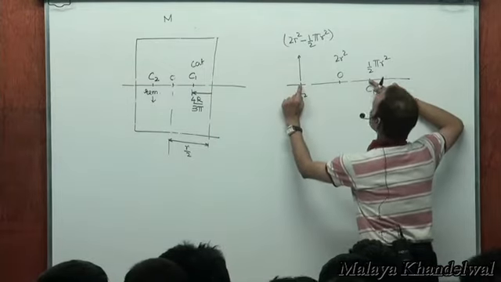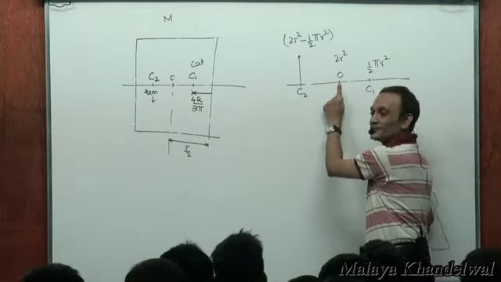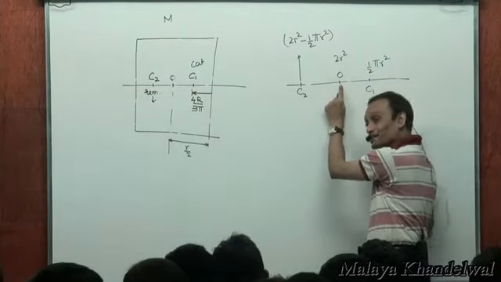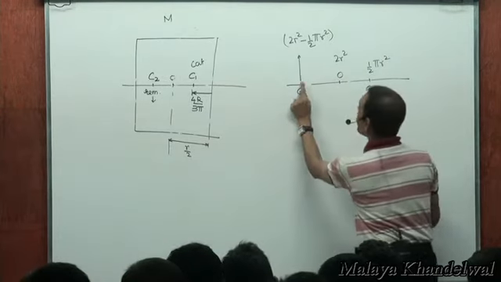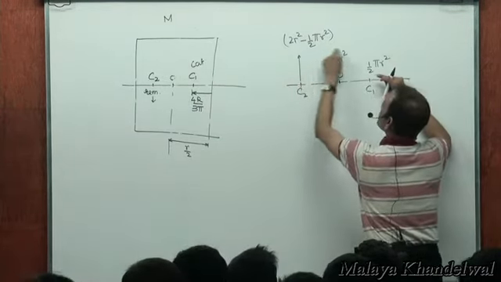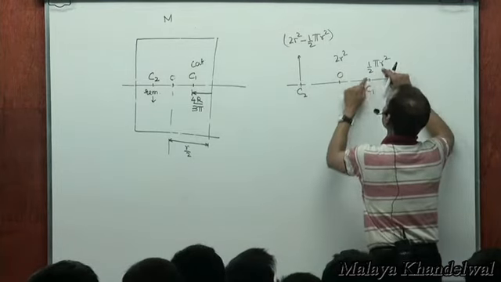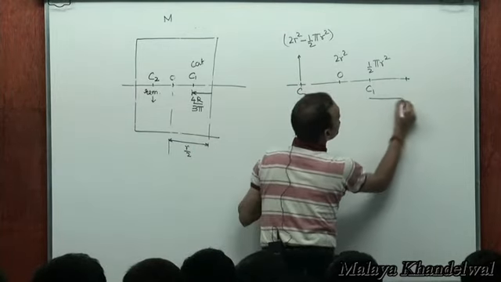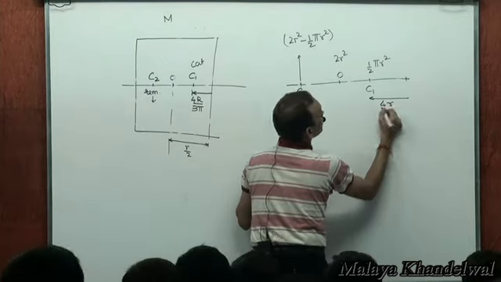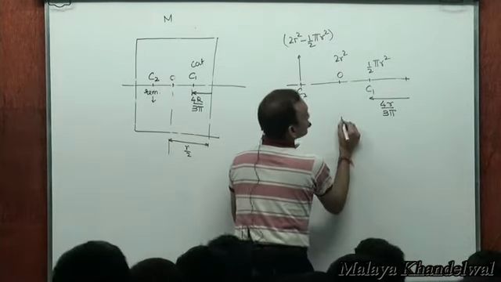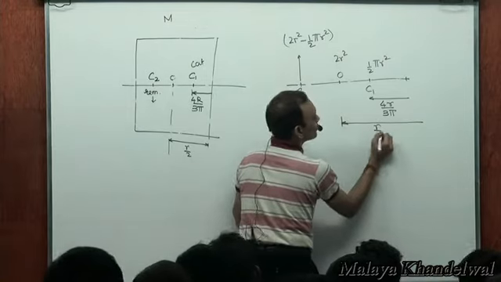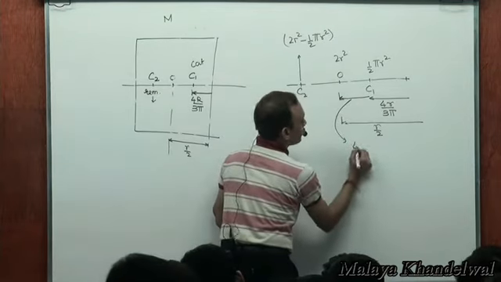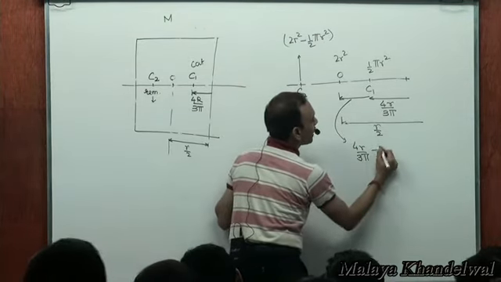So now these two masses together have their center of mass at O, isn't it? They are constituent masses. The leftover portion and the cutout portion together have their center of mass at O, isn't it? Therefore, it's as if there is a mass proportional to this at C2, a mass proportional to this at C1, and realize that this was 4r by 3 pi, and this was r by 2. Therefore, this is 4r by 3 pi minus r by 2,